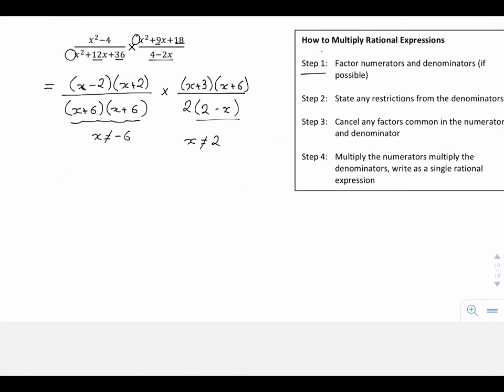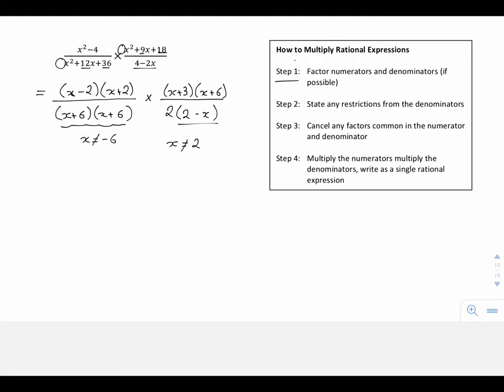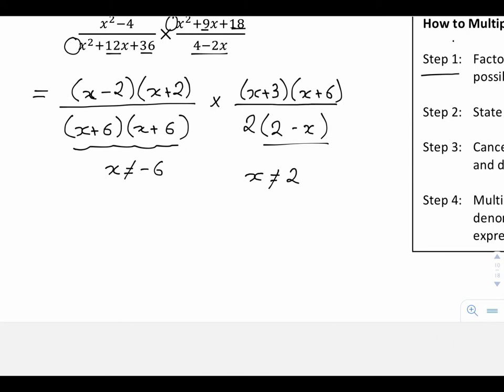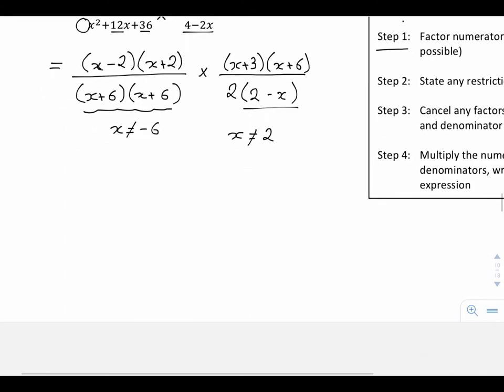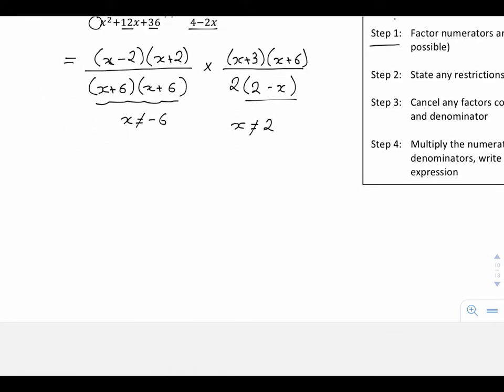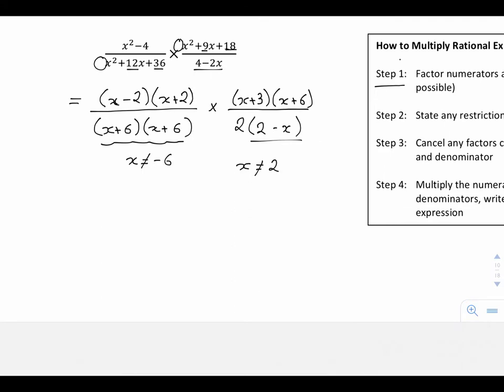Step 3, cancel any factors common in the numerator and denominator. Now, is that possible here within each fraction? Well, the first fraction has no common binomial terms. The second fraction, same thing. So what I'm going to do is now multiply them together, which really just means writing my answer over one fraction line. So I'm going to copy all of this,